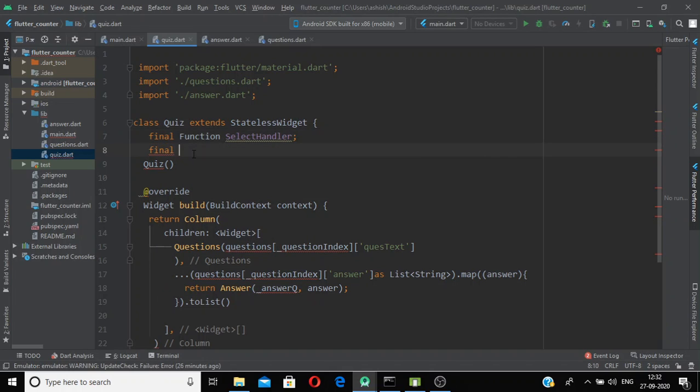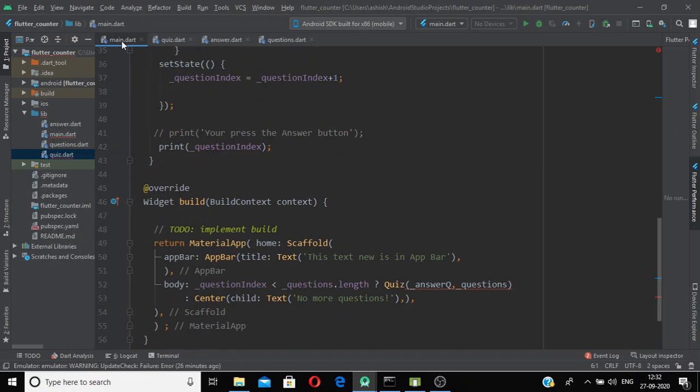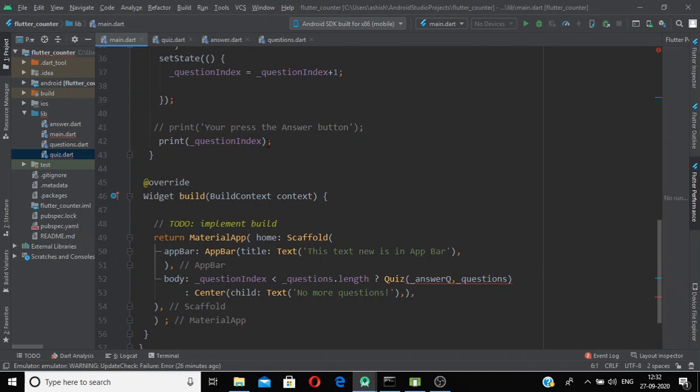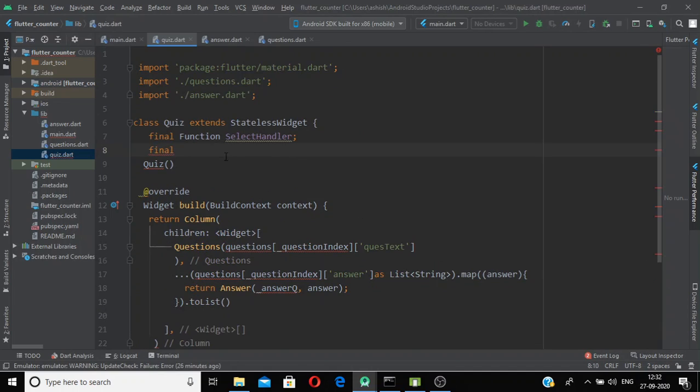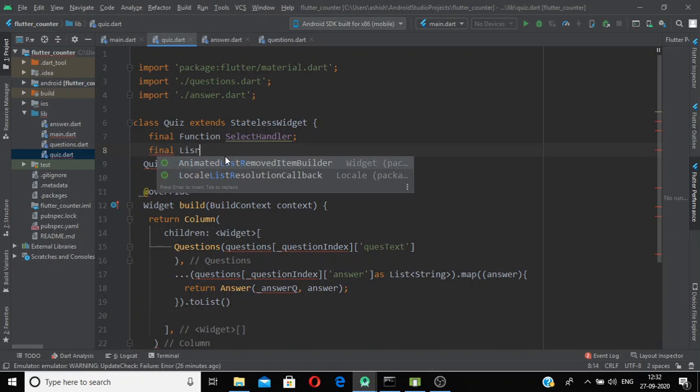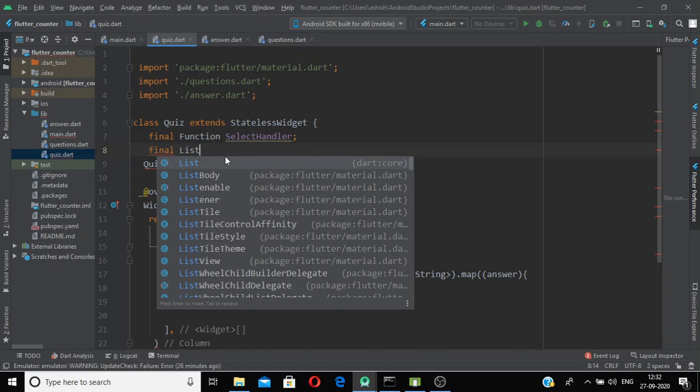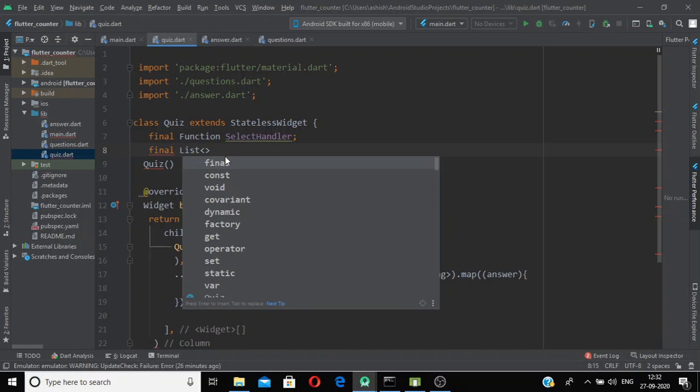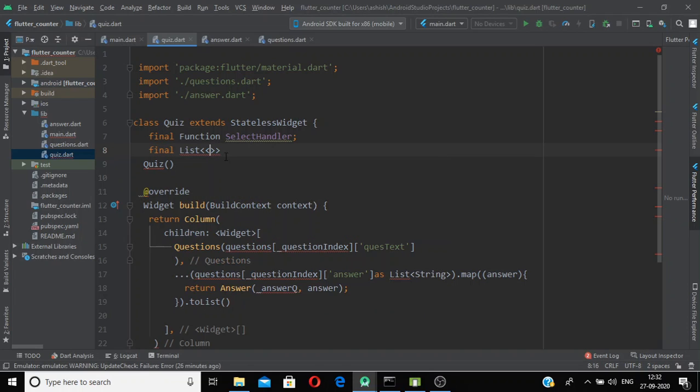And the second one is a variable, and it is a list. So we will use final list. And what type of list it is? It is a list of maps.